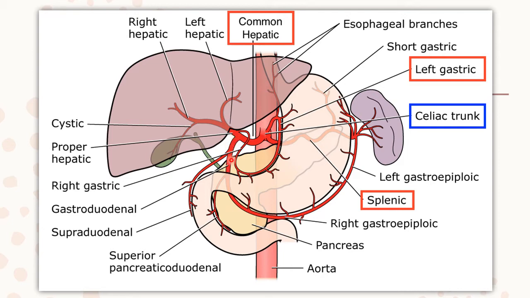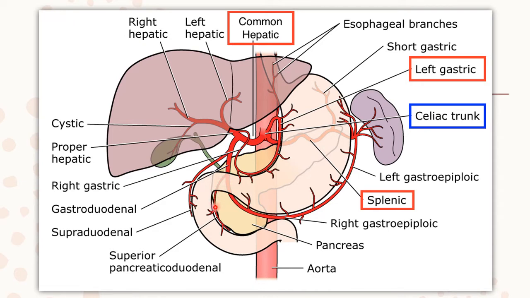As you can see, this gastroduodenal artery is at the upper border of the first part of the duodenum. So we have this stomach over here, then we have the first part of the duodenum right over here. We have the second part of the duodenum over here, and finally we have the third part of the duodenum, and finally the fourth part of the duodenum over there. So at the upper border of the first part of the duodenum, we have the gastroduodenal artery which is originating from the common hepatic artery, and then it passes behind this upper part of the duodenum, this first part of the duodenum.